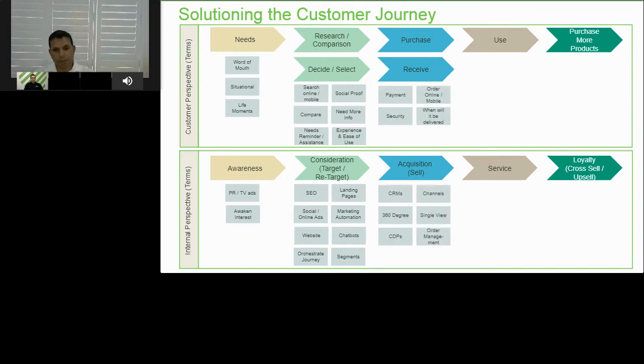As an architect or solution designer, you really have to think about bridging those two gaps, because when you're doing solutioning, you have to flip-flop your thinking. Am I talking in the customer's language, or my marketing team's or sales team's language? So that's one of the lessons learned for me: definitely bridge the gap between the two different perspectives.